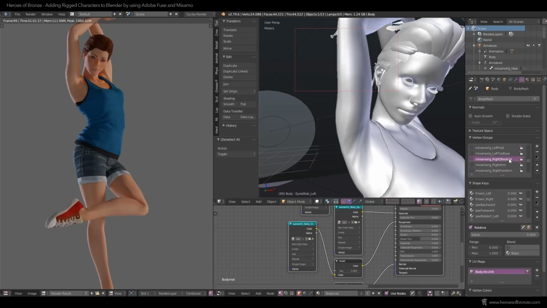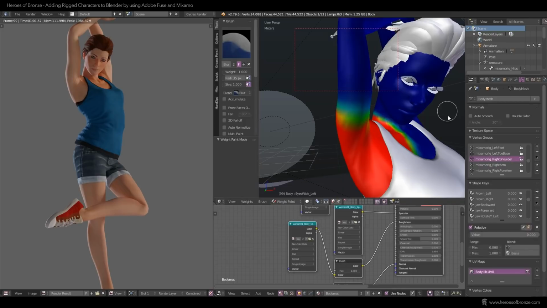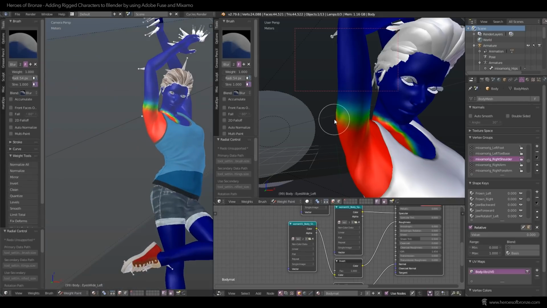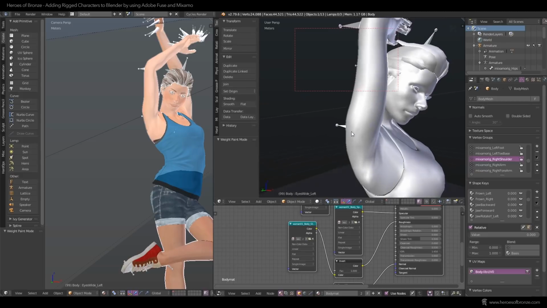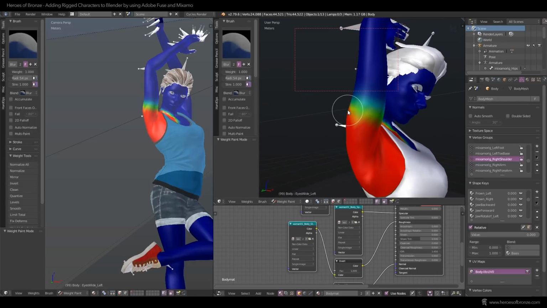In your vertex groups, you can find the right shoulder vertex group, click on it and then go to the weight mode. Here the red color indicates the area where the geometry is most influenced by the bone's rotation and the blue area defines where it's not influenced at all. The colors in between show areas where the deformation slowly falls off. You can simply go in, use brushes like Add, Subtract and Blur to blend the different regions together and watch how it influences the problematic area of the model.